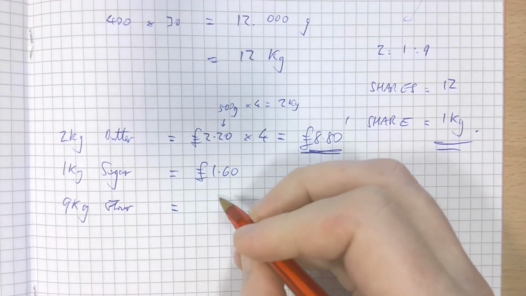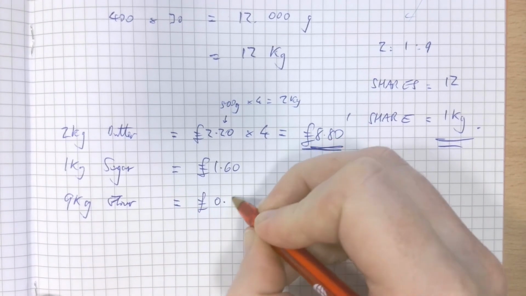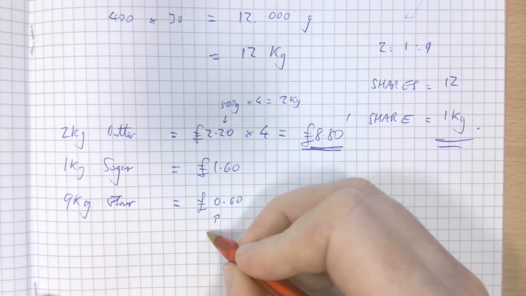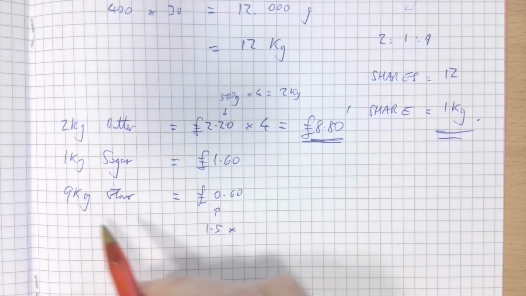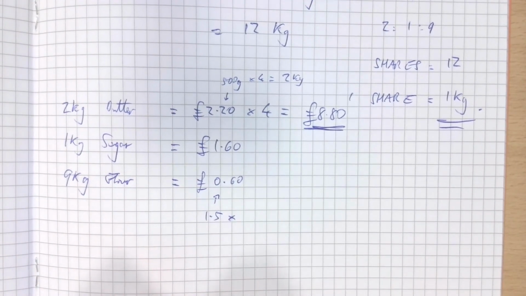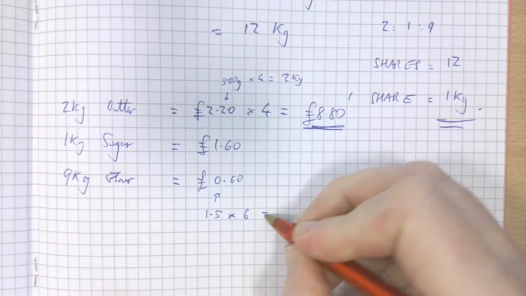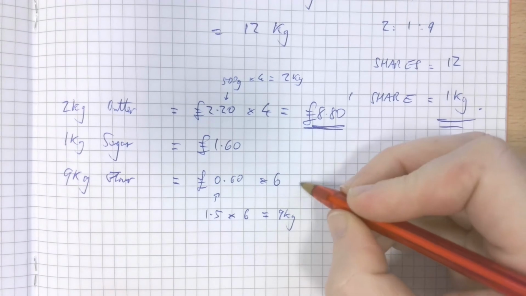This last one, 9 kilograms of flour, is 60p or 0.60 pounds per 1.5 kilos. So this is the cost of 1.5. What do I times 1.5 by to make 9 kilos? 1.5, then 3, then 4.5, then 6, then 7.5, and then 9. That's 6. The factor is 6 that I times 1.5 by to make 9 kilos. So I'll times 60p by 6 to make